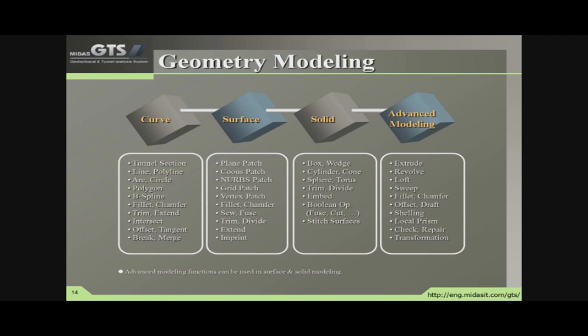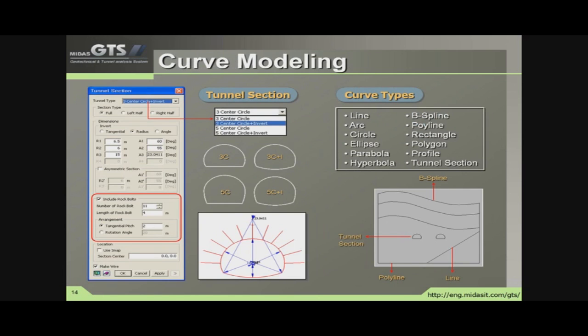And finally, you can also manipulate the modeling by several functions such as extrude, revolve, loft, sweep, etc. Let us discuss these four different features of modeling one by one.